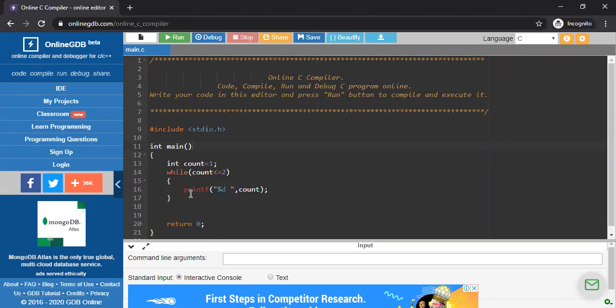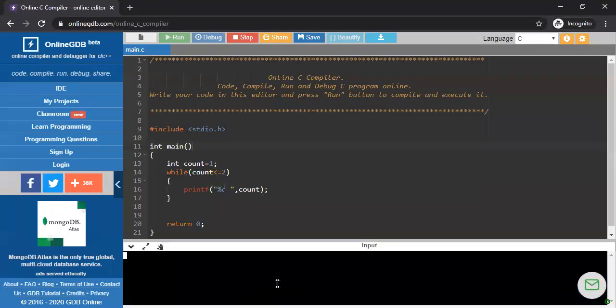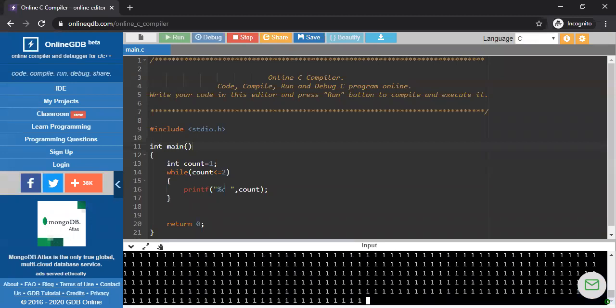So this condition will run infinitely. That's why 1 is printed an infinite number of times.